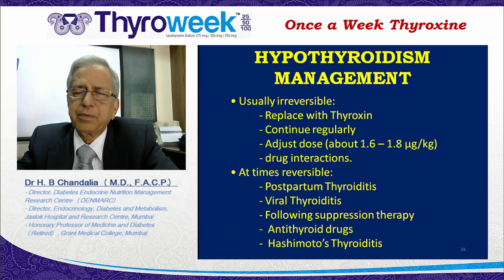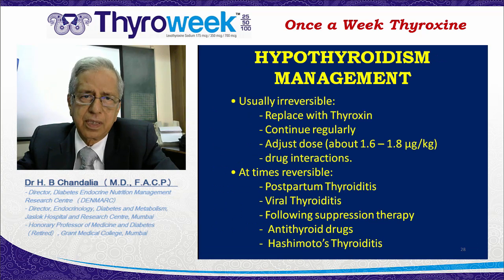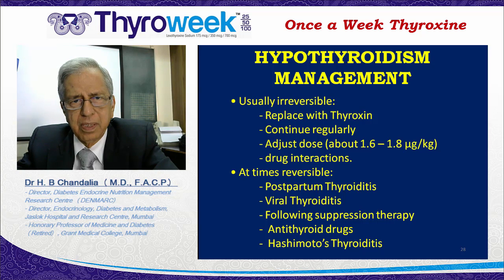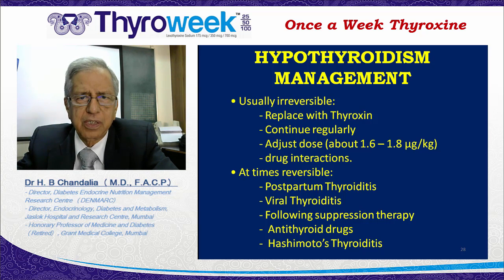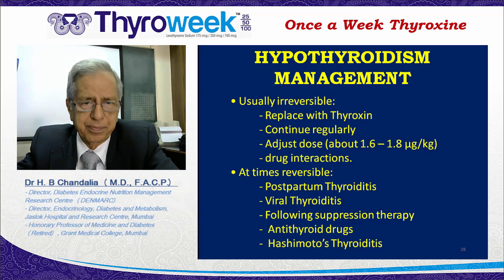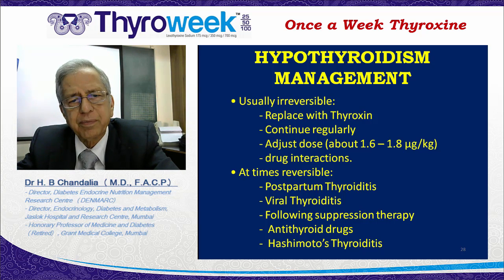Now remember that we were talking about the irreversible and reversible forms of hypothyroidism. If it is irreversible, you would never like to stop the treatment. In case a patient initially has a TSH level as high as 50 or 100 microunit per ml, chances are that the disease is irreversible. In these people, of course, you'll adjust the dose and leave them permanently on it. Reversibility can be considered in some situations.